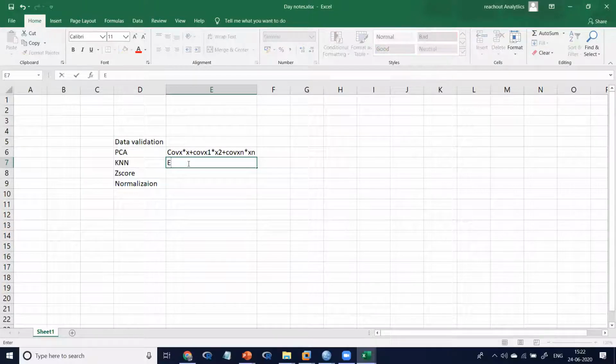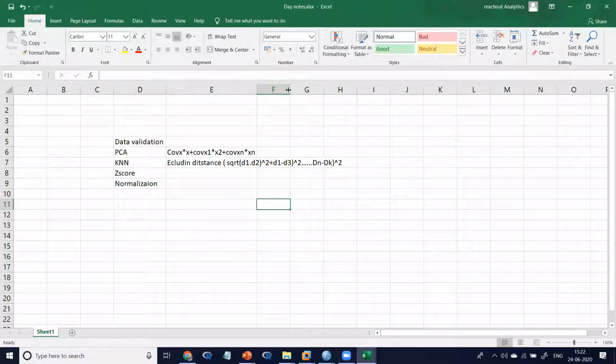KNN is Euclidean distance: the square root of (D1 minus D2) whole square plus (D1 minus D3) whole square, like that up to (Dn minus Dk) whole square.